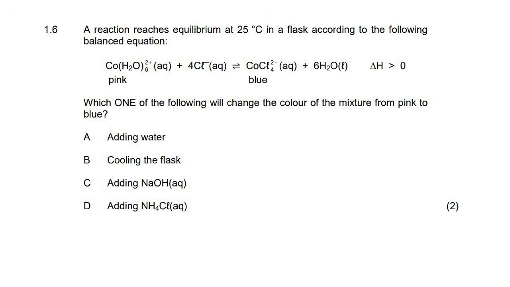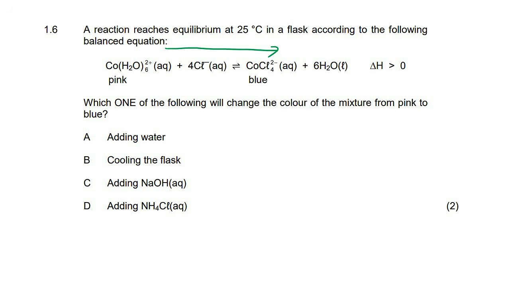A reaction reaches equilibrium at 25 degrees in a flask according to the following balanced equation. Which one of the following will change the color of the mixture from pink to blue? So they want to know what will cause the reaction to be favored, or the forward reaction to be favored, because then it goes blue. Okay, so I'm going to go through some of these. I won't go through all of them, but let's say, for example,